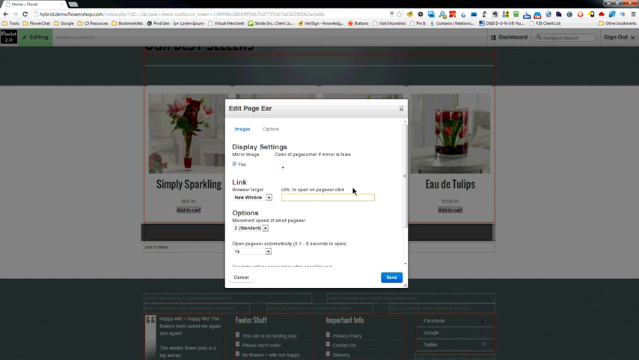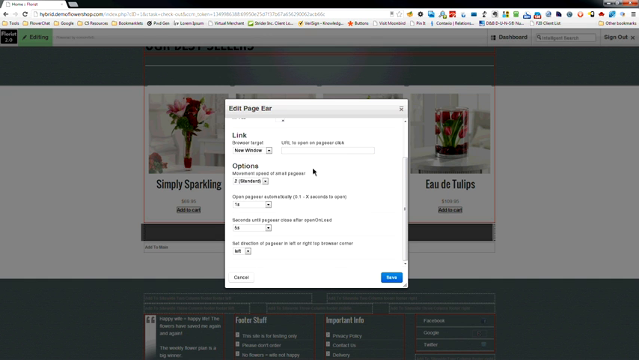Just paste in the URL to your site that you want to link to. If it's something off your site, you can change that to a new window. So for example, if you were linking to your Facebook page or to a contest on your Facebook page, you may want to have that set to open in a new window. So Facebook opens in a new tab, but they're not leaving your site at the same time. And then further down, you can